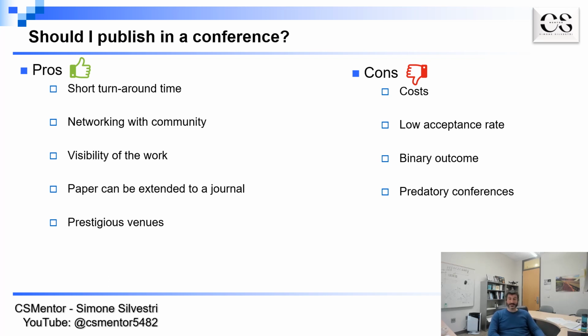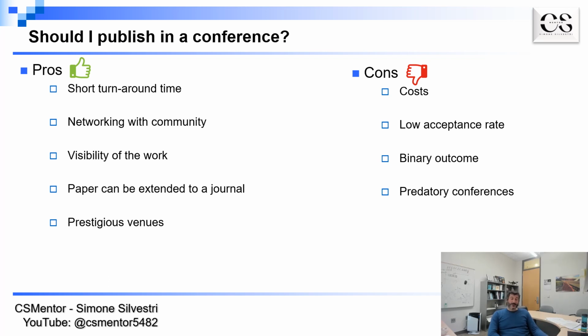The first one I would mention is the cost. When you publish in a conference, you need to consider the cost of registering the paper. Registering the paper is usually around $800, $900, even more if you have extra pages that you need to buy. Then there is the cost of the trip: airfare, lodging, meals. So it's not uncommon for a single paper to cost $2,000 or $3,000 to publish. And this is an expense that, of course, your advisor generally is responsible for covering. Part could be covered by a travel grant, but at the same time, it's a significant expense that someone needs to consider before submitting the paper.